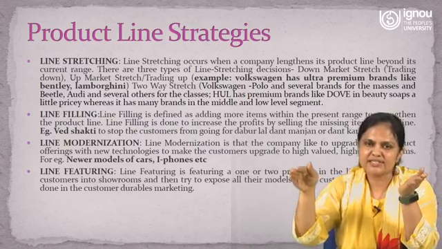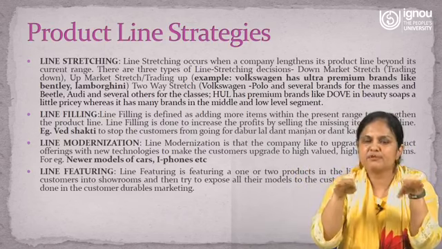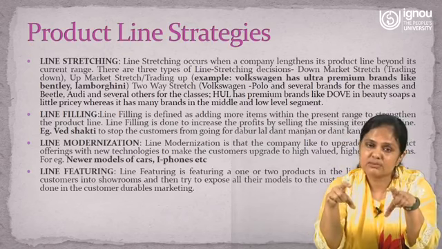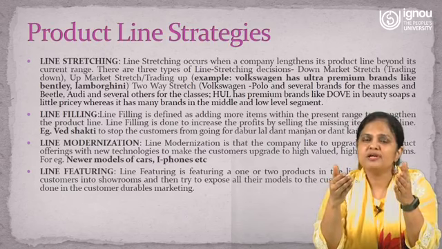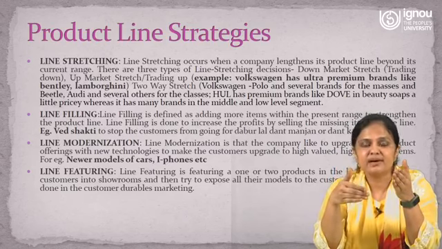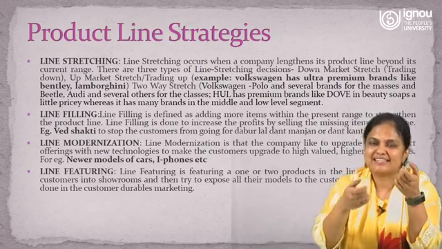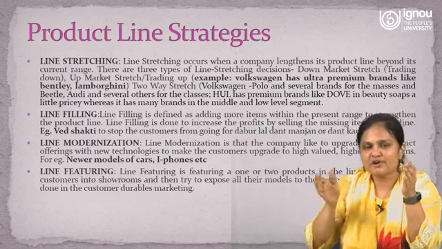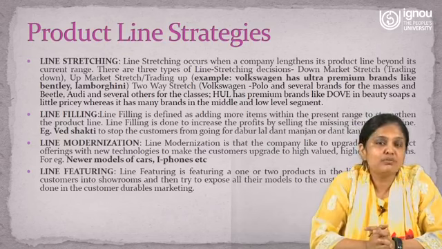Suppose all the items that you are offering are highly priced, and now you want to serve those customers who have comparatively lesser purchasing power. That means you have to offer something which is low priced, right? So when you add a commodity which is low priced, that will be termed a down market stretch